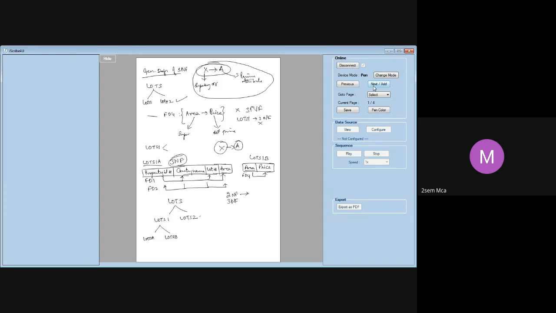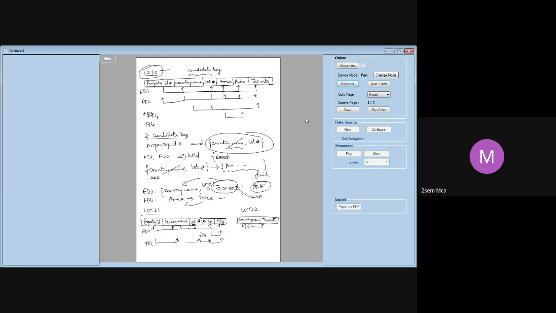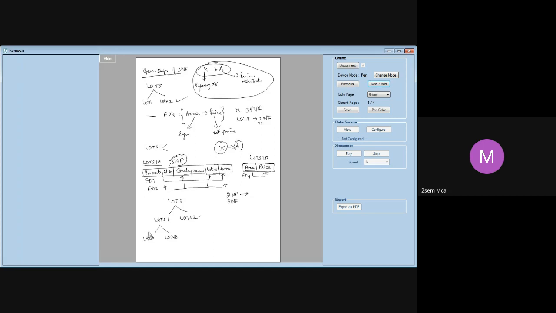So the lots table, which was not in second normal form, we brought into second normal form by decomposing it into lots 1 and lots 2. Again, lots 1 was not in third normal form, so we decomposed it further into lots 1A and lots 1B. Now we see that the end result is that all the tables are in 2NF and 3NF. So you should very well know the definitions of first normal form, second normal form, and third normal form. If you are confused, then it is difficult.